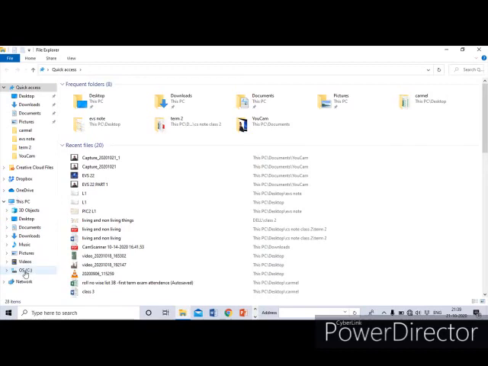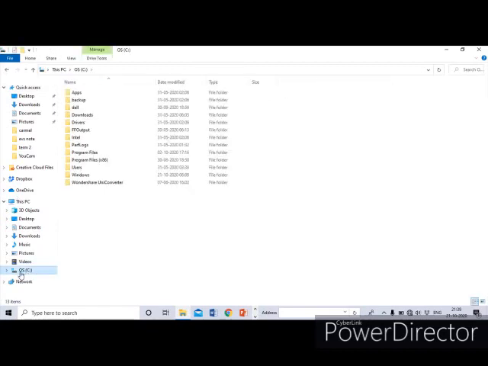I am going to click C drive. When I click C drive, you can see so many folders in the right pane. Can you see? Apps, backup, Dell, all these are the folders available under the drive C. Under drive C, I have these folders.